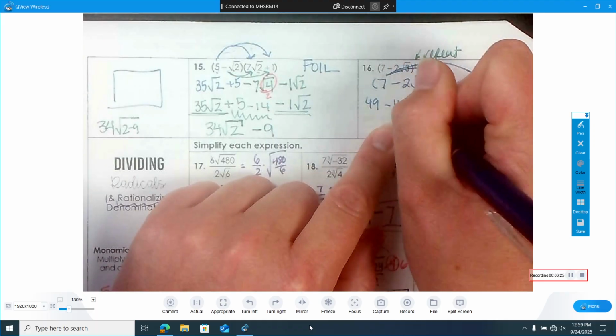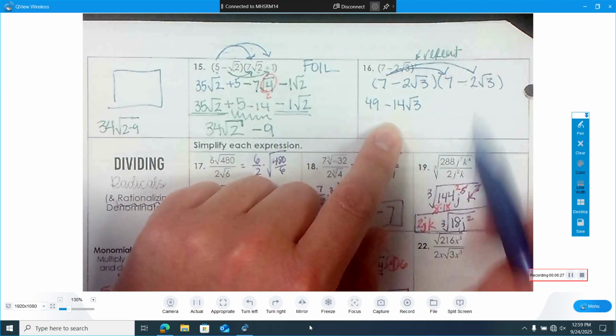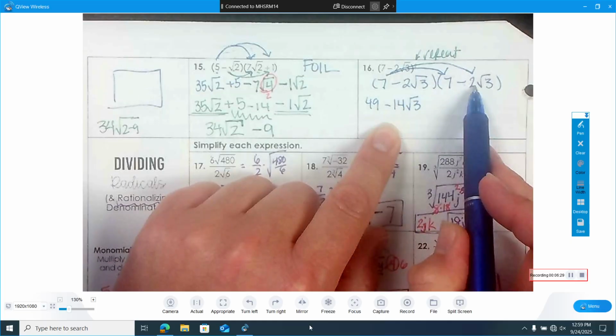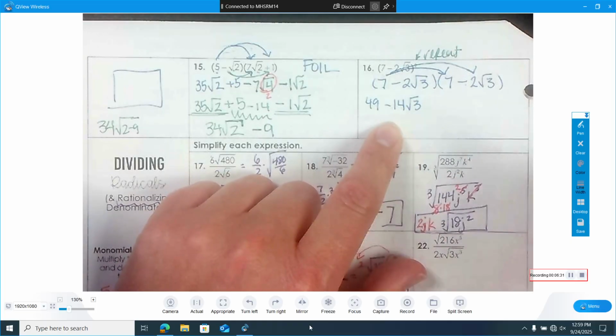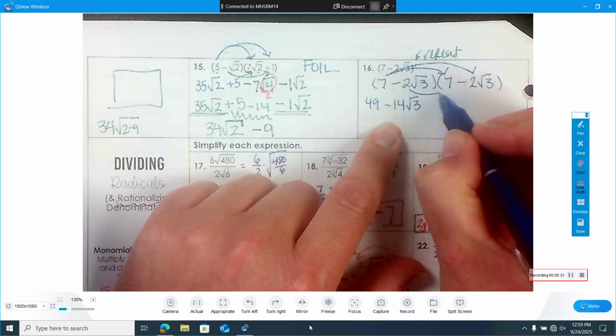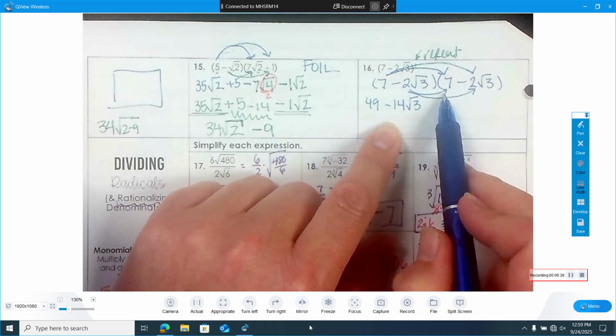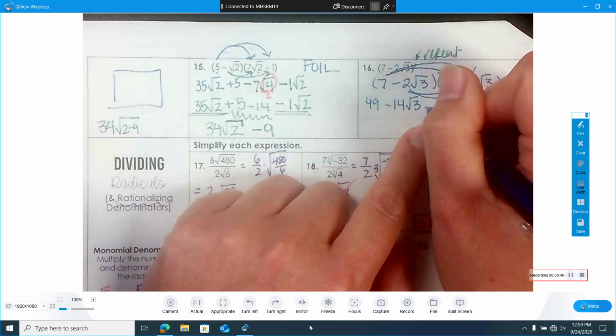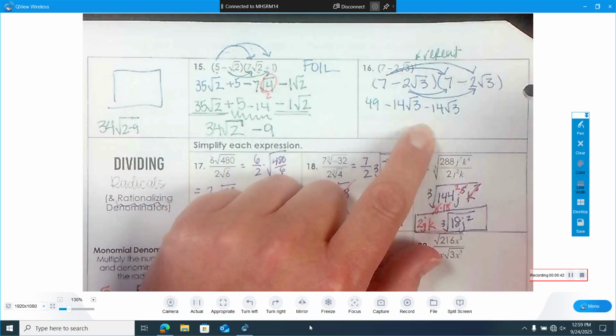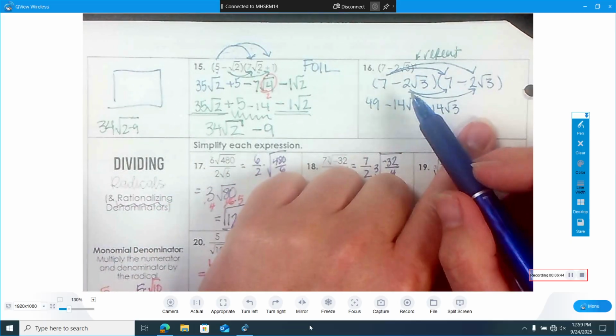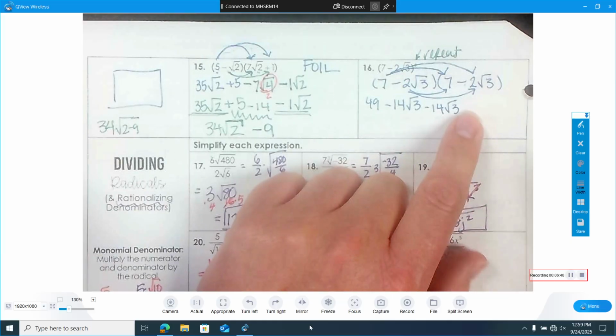Negative 14 radical 3s. Very good. Again, the regular numbers multiply together. Then we're going to distribute in the negative 2 root 3 to both items there. What is negative 2 root 3 times 7? Negative 14 root 3. Very good. And then negative 2 root 3 times negative 2 root 3 would be